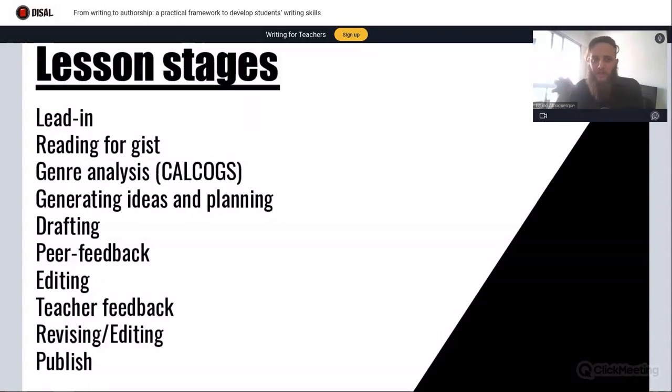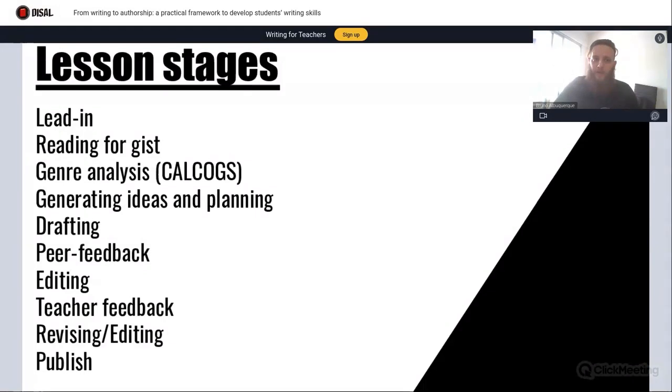They were doing it in pairs. So I believe it's always a better idea to have a lead in which students are working in pairs, in trios, so that they are all active and not only reporting to you or to me in this case. Then we had a moment to read the recipe just for the gist of it. What's this? It's a recipe. Okay, how do you know? Oh, there's this, there's that.